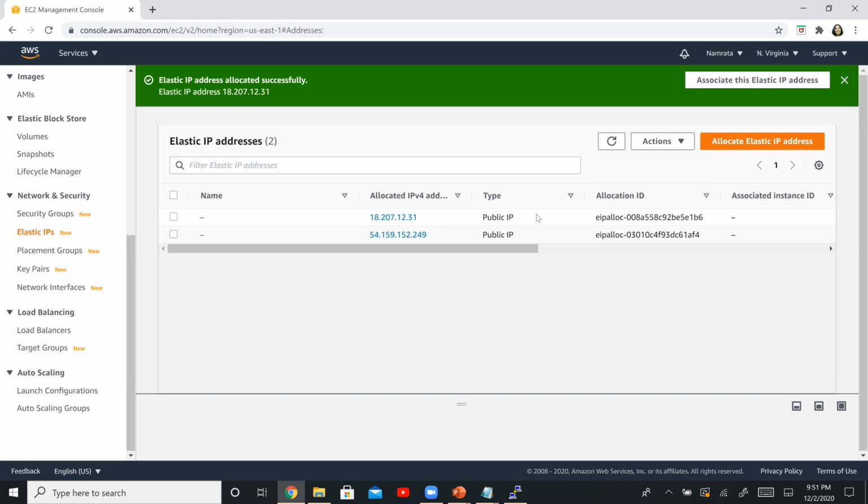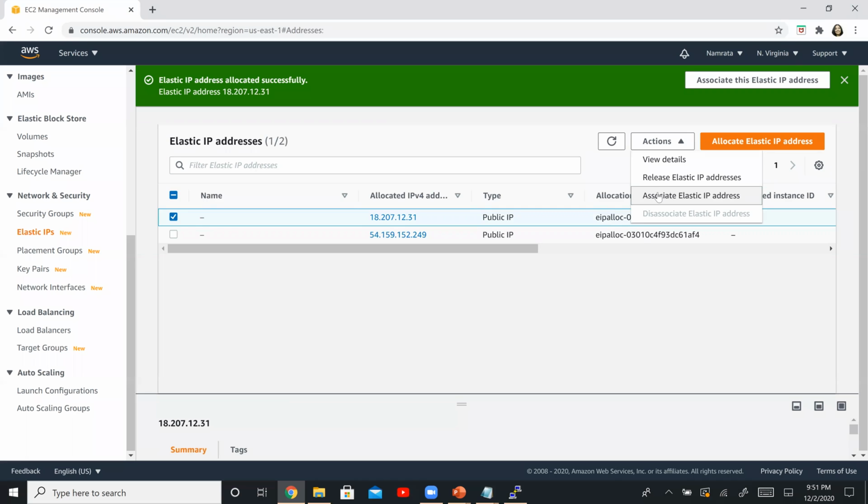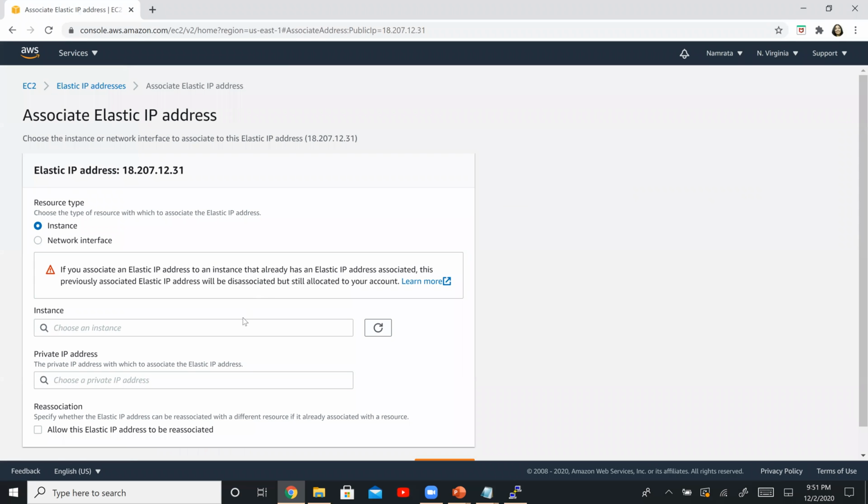The next thing that we need to do is we need to associate these elastic IP addresses to our EC2 instance, right? So let us select the first one, which ends with .31. Go to Actions, say Associate Elastic IP Address. Select your EC2 instance right there.